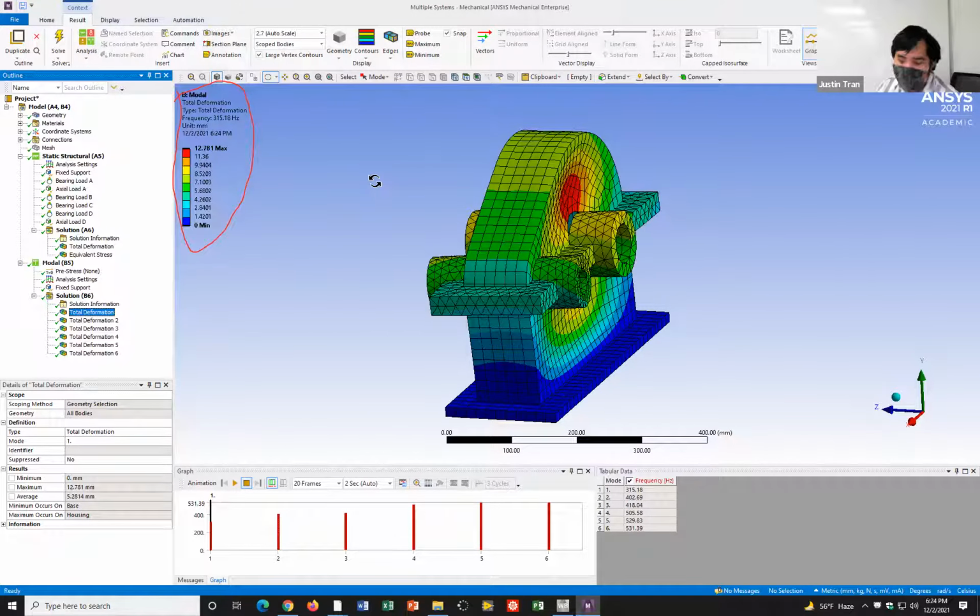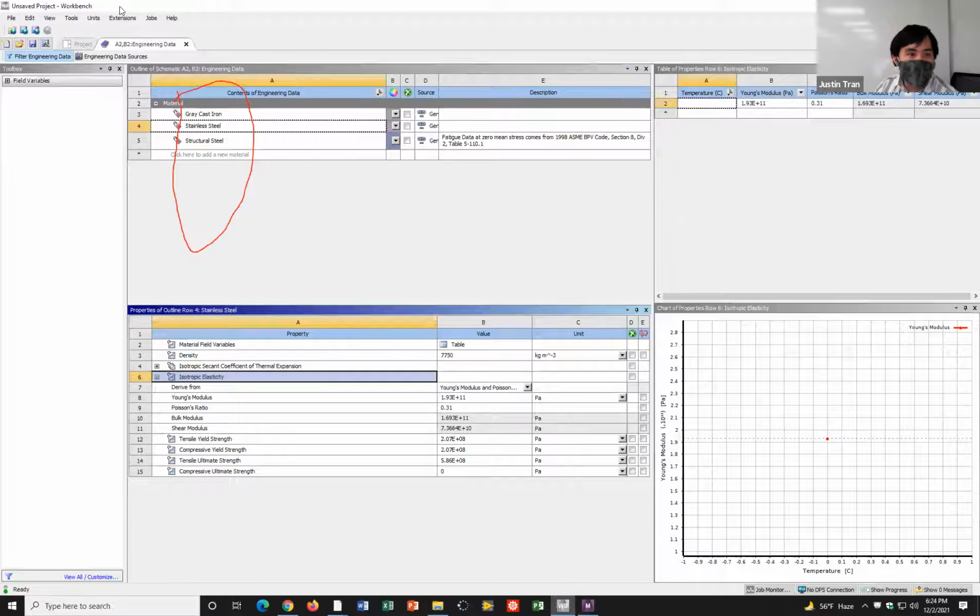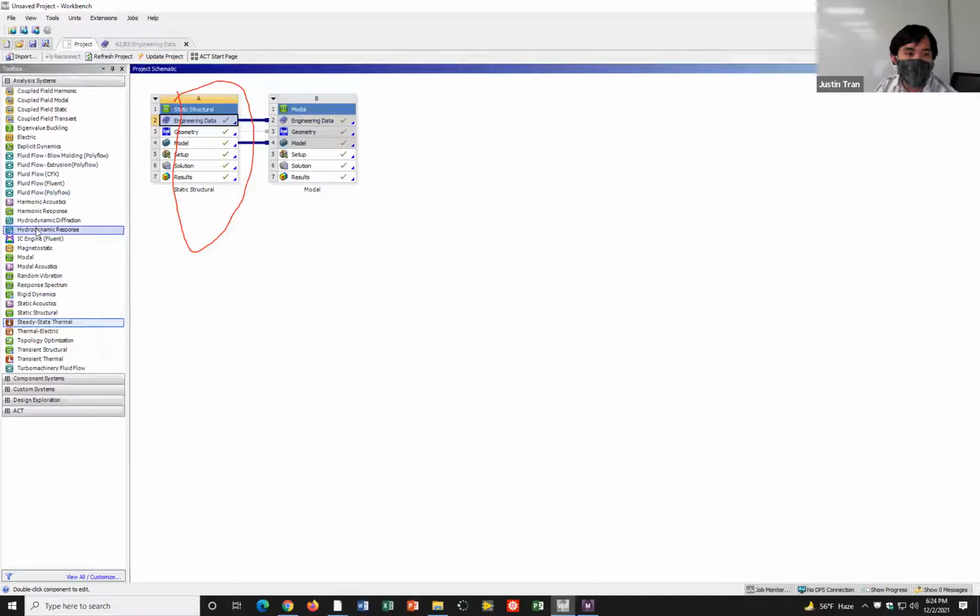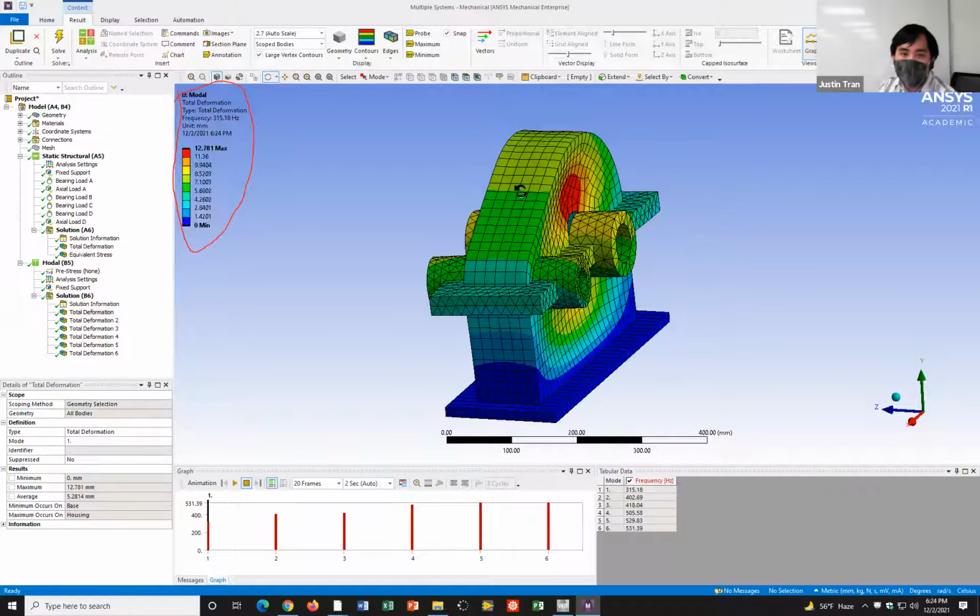To view the true deformation, or to do a true vibration analysis, we have to do what's called a harmonic response analysis, which is here. Unfortunately we don't have time for it in the class, but that option is available for you.